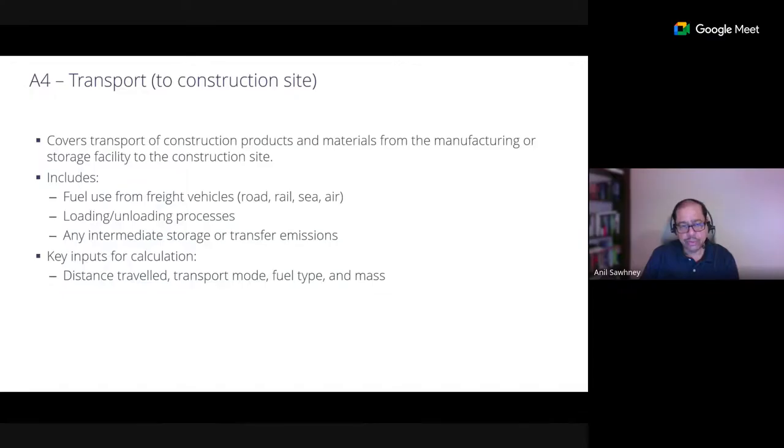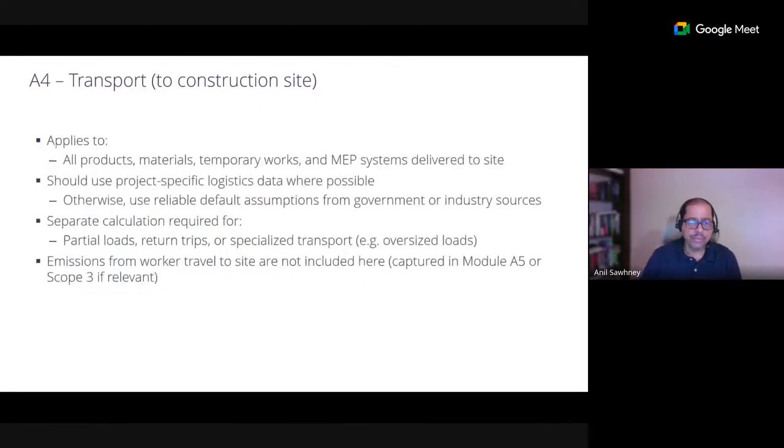Obviously, key inputs for calculations are distance traveled, mode of transport, is it a truck, the fuel type used, the tonnage or the mass of the material and the vehicle itself. So A4, transport to the construction site, again applies to all products, materials, temporary works, and MEP systems delivered to site. You should use